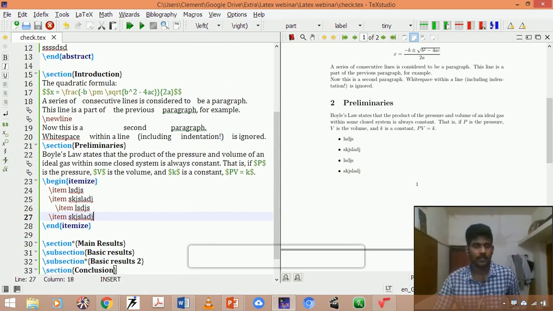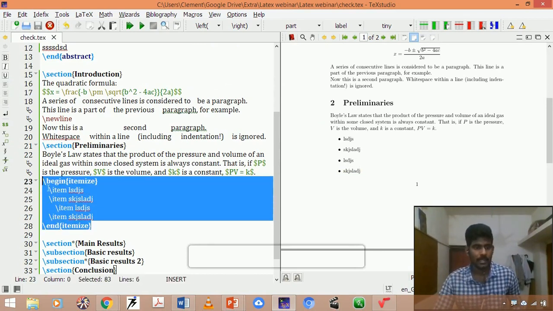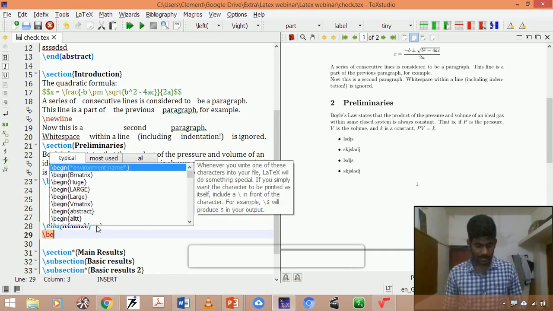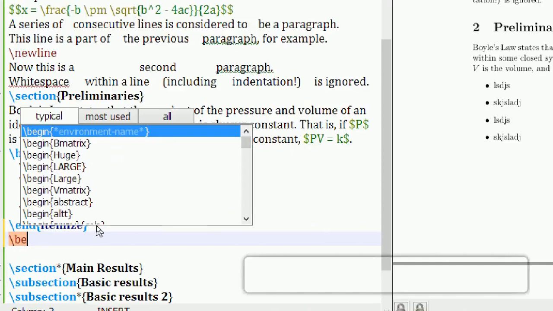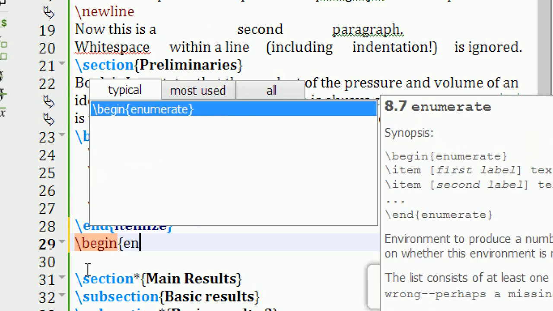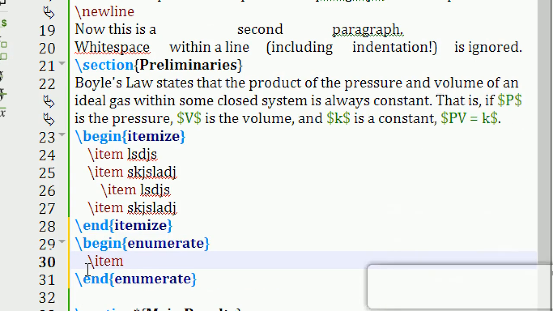So you may raise the question, how to give the enumeration to this? Simply I can copy this, or I can give it manually, like begin enumerate.